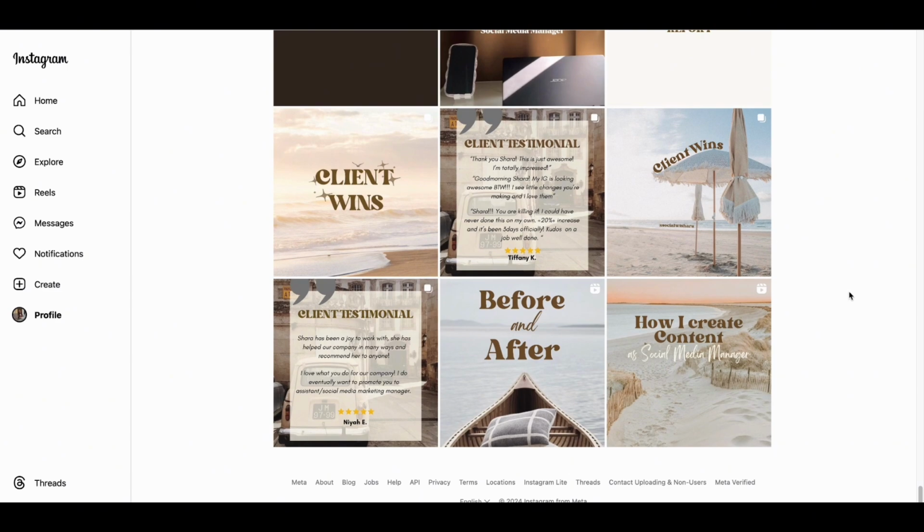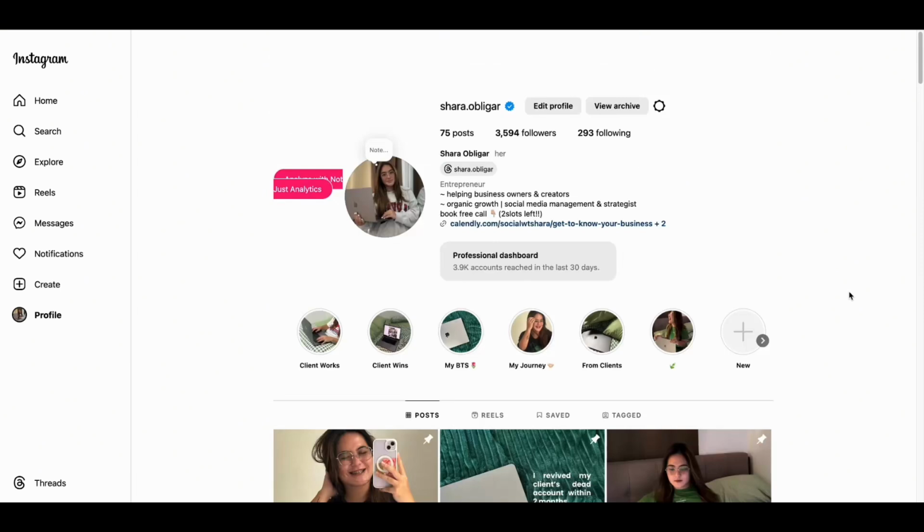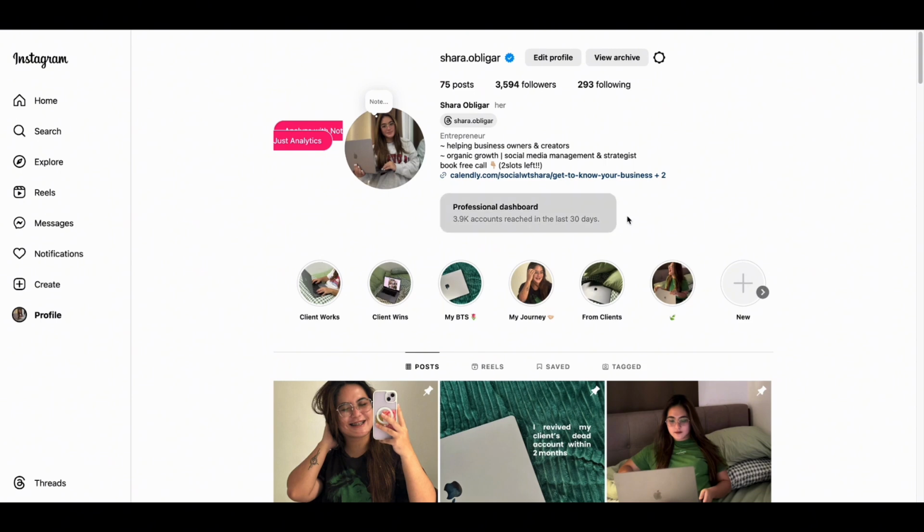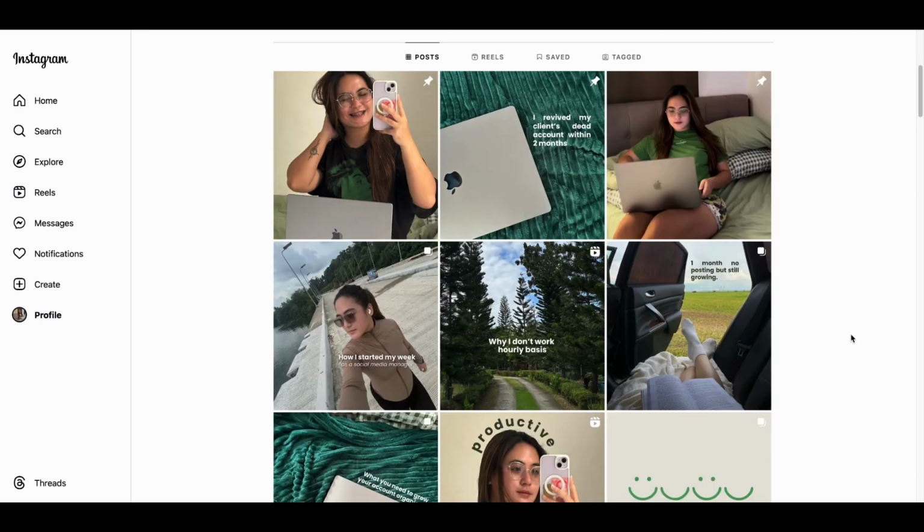That's why, if you want your audience to know about you right away, put it here in the story highlights. Because story highlights, from the word itself, you are highlighting some information about you or about your business that you want your audience to see as soon as possible. And of course, create content that attracts your potential client.